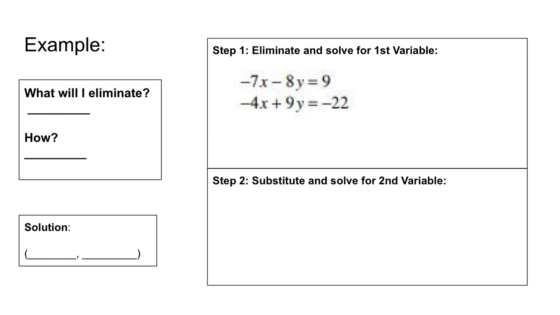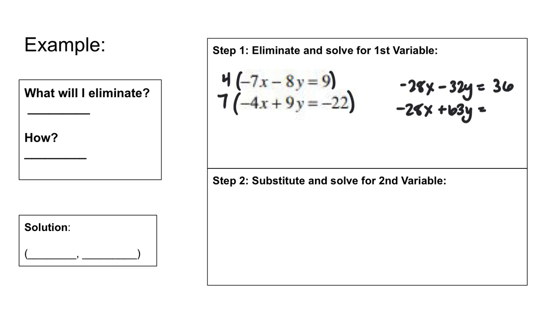I can either make a 7 and a 4 become a 28, or I can make 8 and 9 become 72s. Either way is okay. I'm going to say that maybe multiplying by 4 and 7 is going to be a little easier than multiplying by 8 and 9, so I'm just going to go with that. So I'll multiply the top by 4 and the bottom by 7. So that's going to give me a negative 28x, a negative 32y, and a positive 36. And on the bottom, I'll get negative 28x, positive 63y,